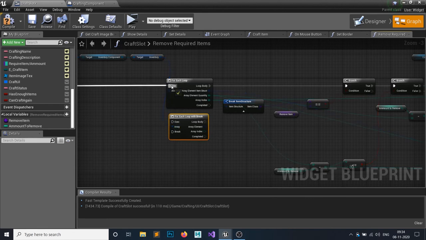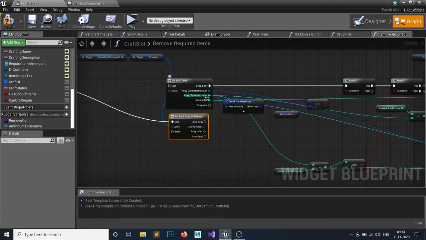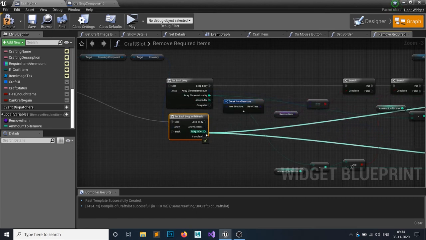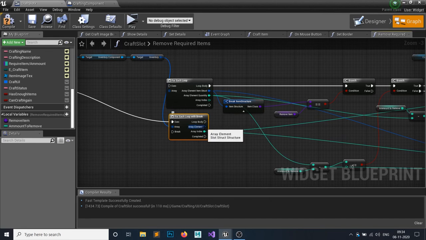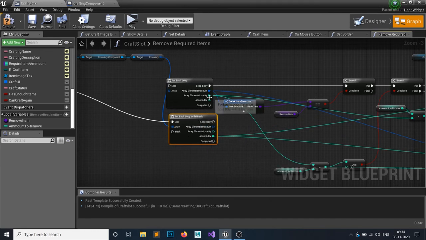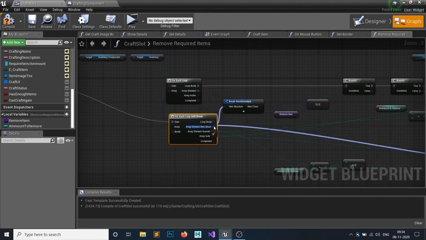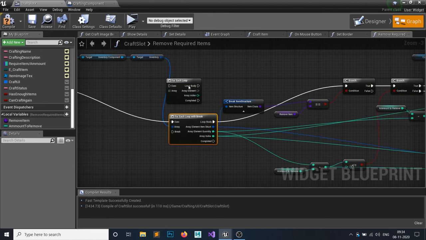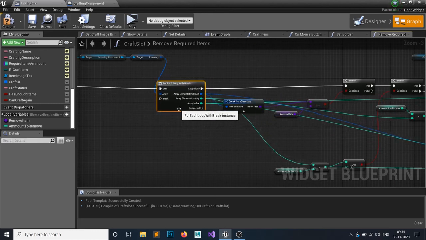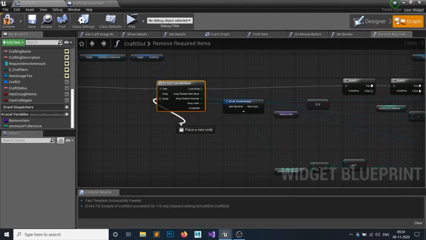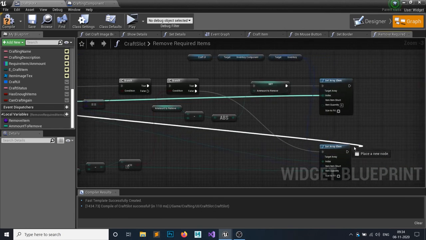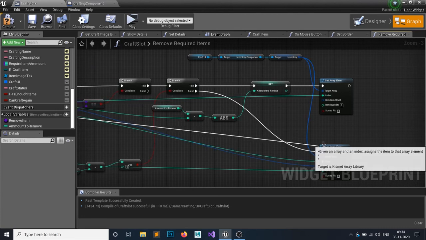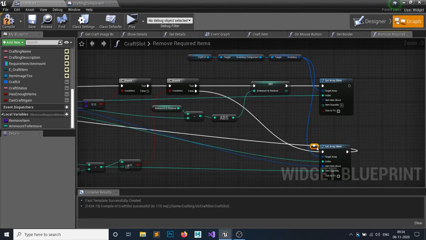So I basically Control-drag and drop all the nodes from here to here, split, and I will simply remove this for each loop because I want to break that loop. So this break would go to here when we found enough items. Double click to add a reroute node.